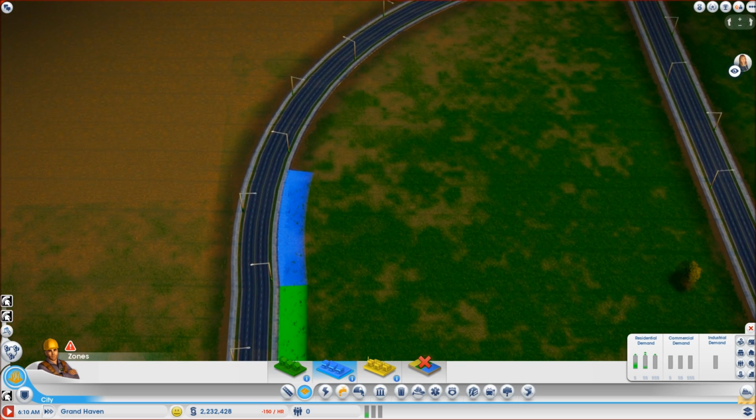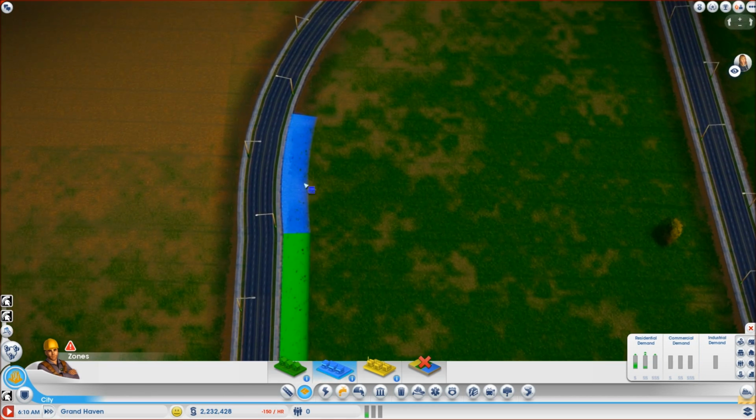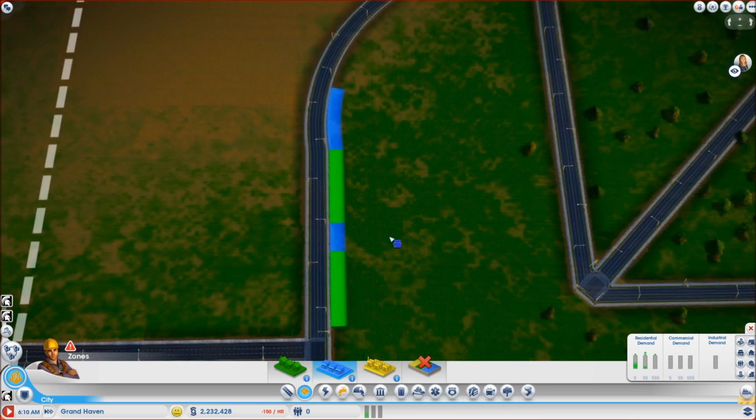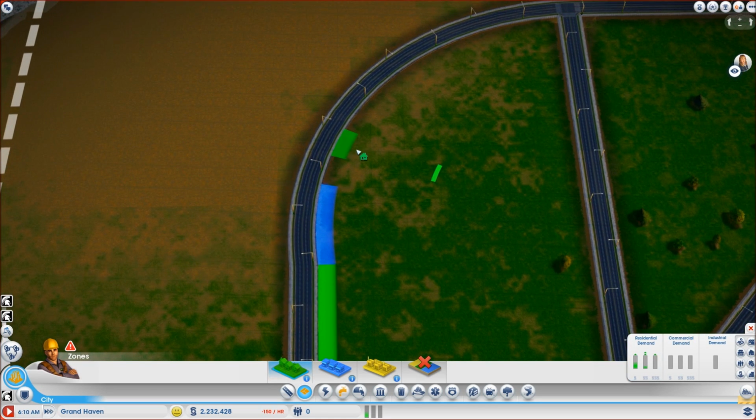But there are also medium wealth shops that require this much space, but the high wealth shops can only build on this much space and they cannot build on this much space. Now tell me that that isn't a hell of a thing to go through just to make your zones. There should be a key that can control how big your zoning is going to be, and